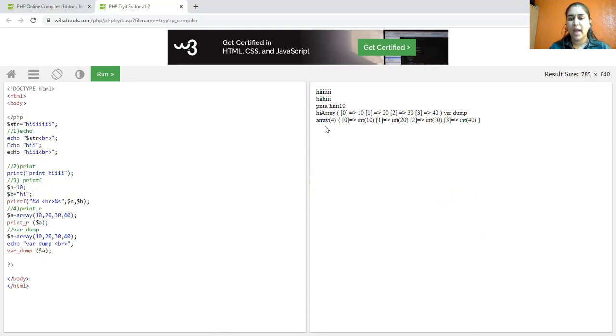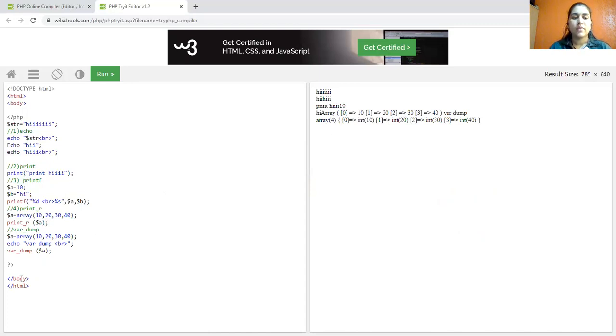It will display that the array contains 4 elements, which is not displayed by the print_r function. print_r just displays 0 up to the number of values, the index with the value.